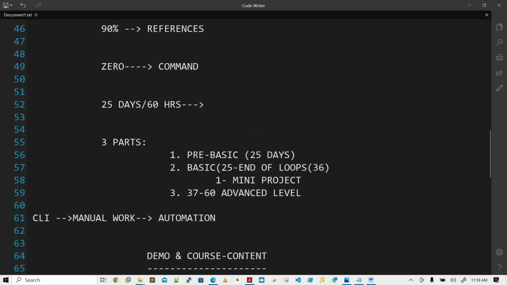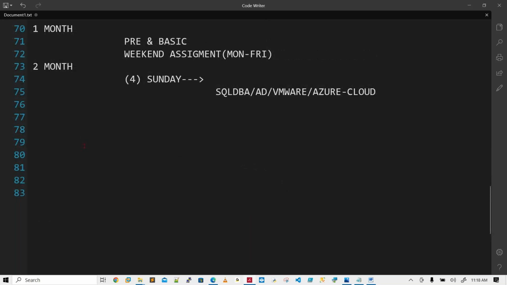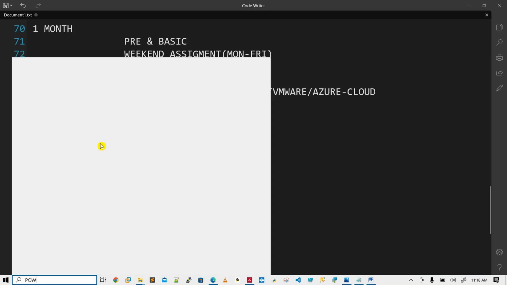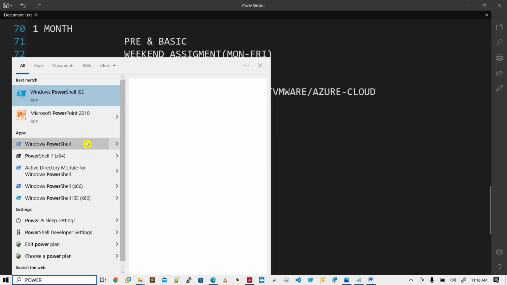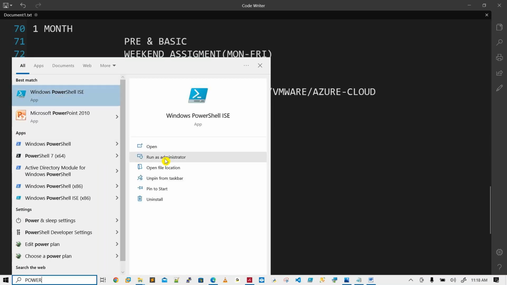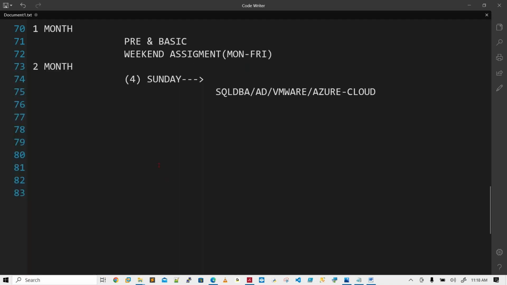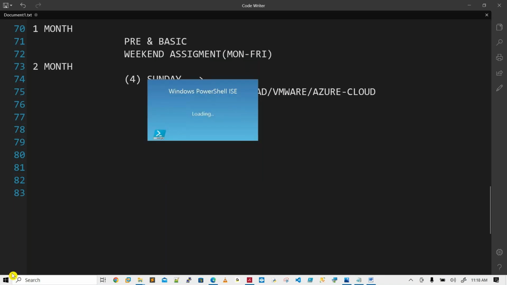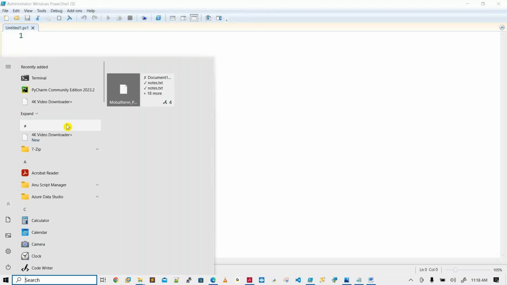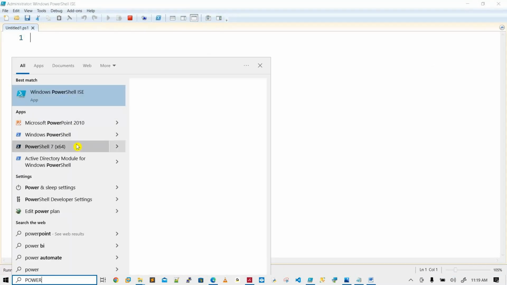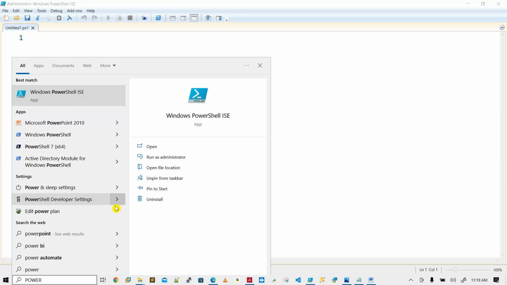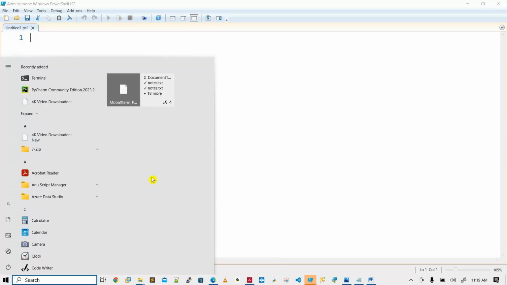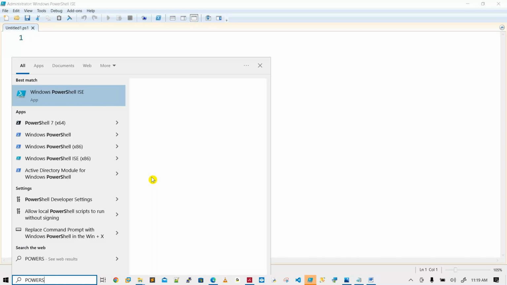Need some practice. Okay, so now in this demo area, by default in every Windows machine there are two applications, PowerShell ISE and PowerShell. There are two types of applications available. I will explain this one, but I need to show you something in front of you. This is ISE, and here one more thing. I am typing PowerShell. This is one PowerShell. Yes, this one. Right click.